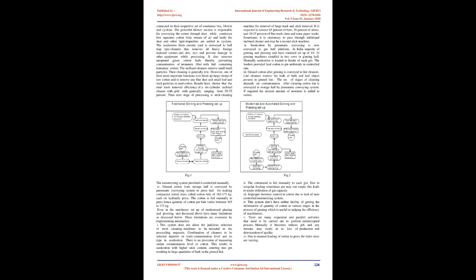Ginned cotton lint is conveyed manually to the storage hall. This operation is labor dependent and there are chances of contamination of foreign elements. There is a need of maintaining proper moisture content in cotton, but there is a lack of proper arrangement for maintaining moisture level in cotton. 4. Cotton seed, which is separated by ginning machines, is conveyed to a platform outside the gin hall by screw conveyors and bucket elevator. 5. Lint from the storage house is conveyed to the press house through a traditional cleaning machine where the cotton lint is compacted into bales. The process setup is shown in figure 1.